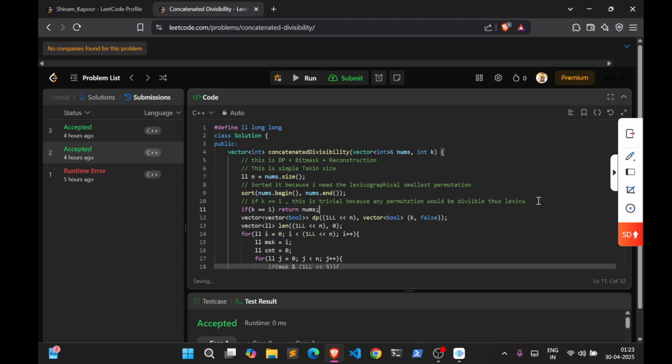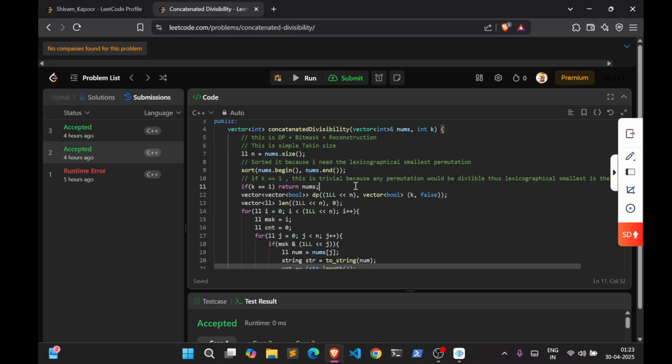Please consider this much divisible, and the lexicographically smallest is the sorted one, right? Interesting. So I just made a DP over mask and remainder, which tells us whether it is possible for me to make the remainder equal to rem